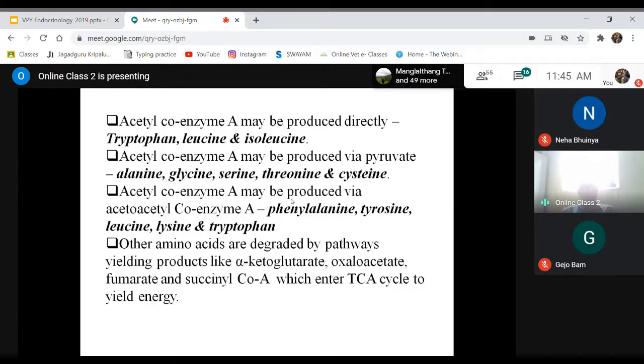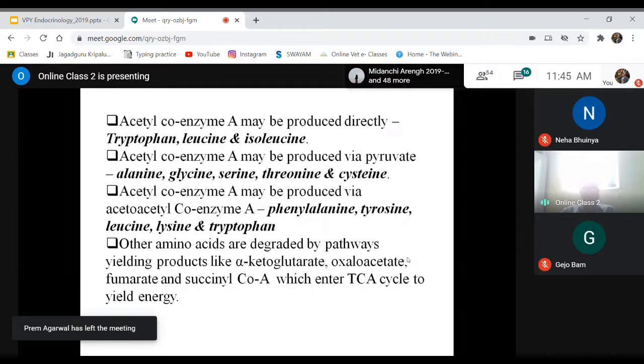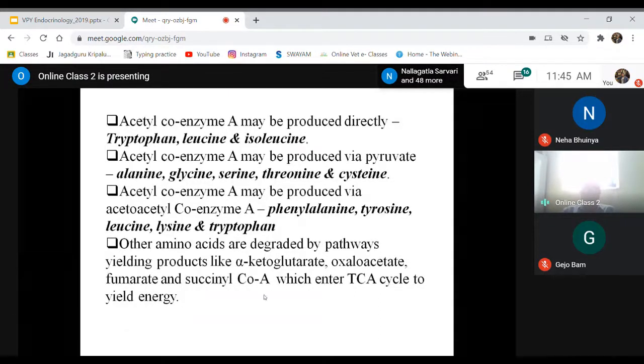Other amino acids are degraded by pathways yielding products like alpha ketoglutarate. Alpha ketoglutarate is a metabolite of the TCA cycle. Oxaloacetate is also a metabolite of the TCA cycle. Fumarate is also one metabolite. Succinyl coenzyme A is another metabolite of the TCA cycle. So when there is formation of, sorry, alpha ketoglutarate, it will enter in this particular form into the TCA cycle, and after that there will be